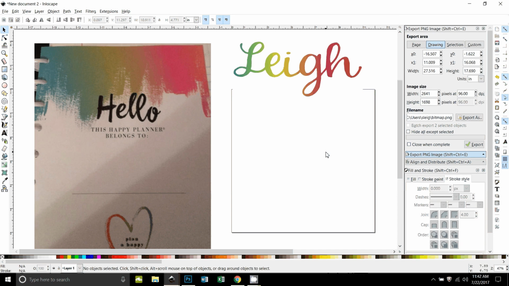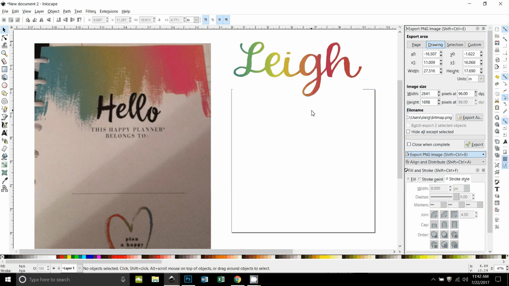Hello, today I'm going to do a tutorial on how to get a gradient going across some text. It wouldn't have to be text, you could put it across an object as well. This would be for maybe printing a sticker with someone's name or a printable iron-on, printable vinyl for a decal. So I'm going to show you how you can get a gradient going across something like I've done my